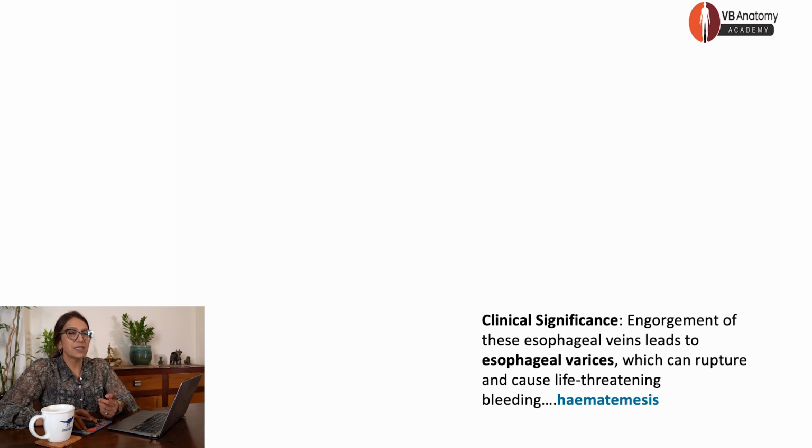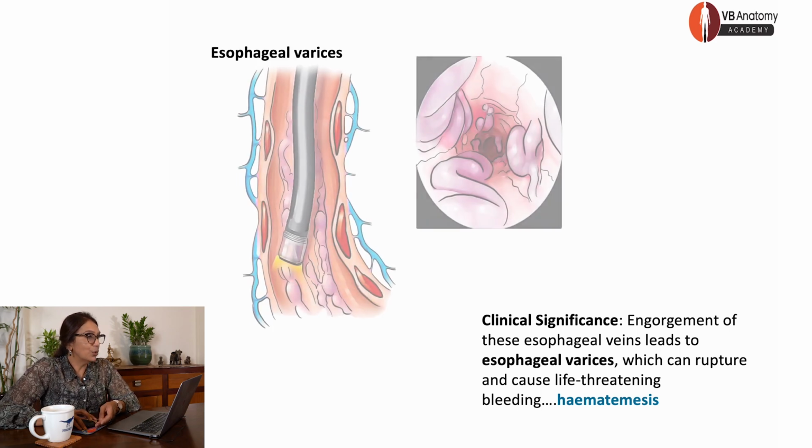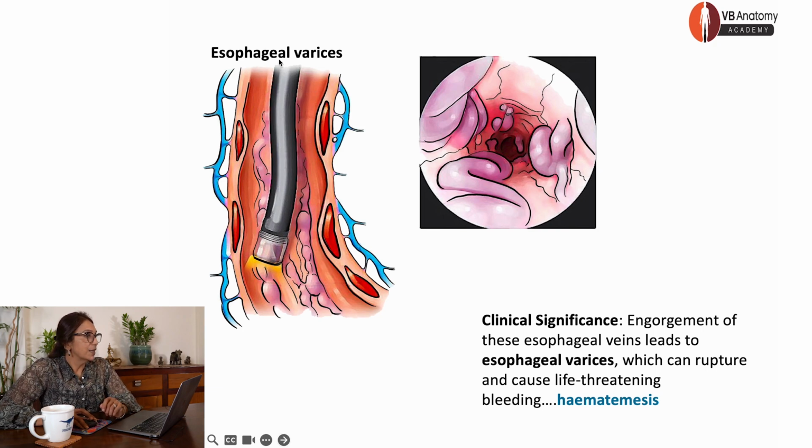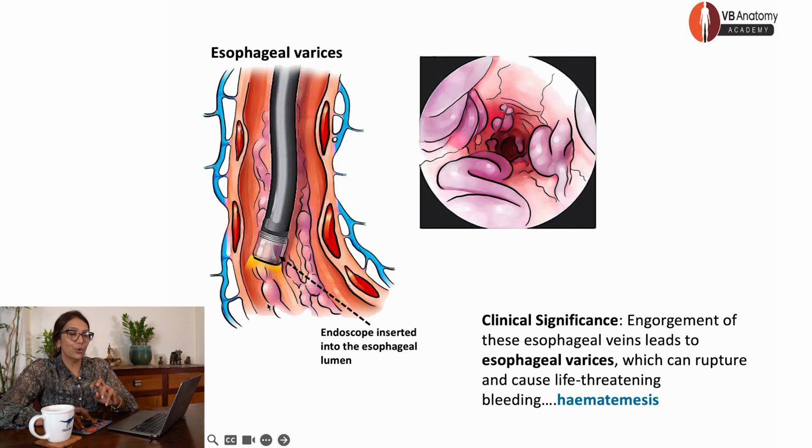And sometimes the varices rupture, causing the patient to come to the OPD with massive vomiting. It's in fact, unless caught in time, fatal. This is called hematemesis. Take a look at what is happening in the patient. Can you see that these blood vessels are so tortuous? Can you see these blood vessels enlarged and tortuous?